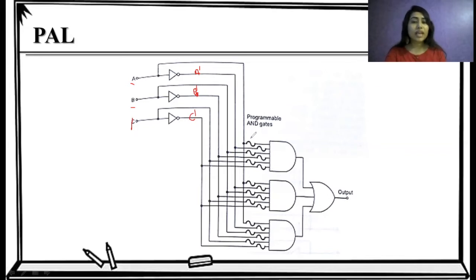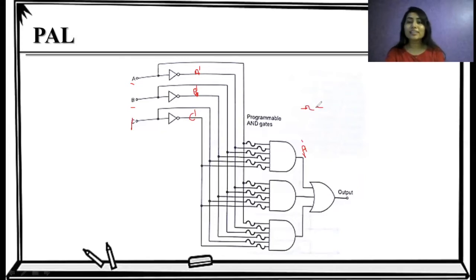Here we have a fusible link. Depending on our requirements, if we want A dash at the input of this AND gate, we just make a connection, and if it is not required, the fusible link is left disconnected.